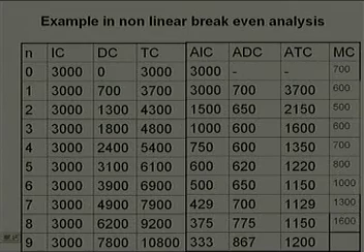Now, if I am producing 2, my cost is going to be 4300. So, how much is the marginal cost? The difference of 4300 minus 3700, which is 600. That means, if I want to increase my production from 1 unit to 2 units, I have to incur an additional expenditure of $600. So this is how I calculate average indirect cost, average direct cost, average total cost as well as marginal cost.